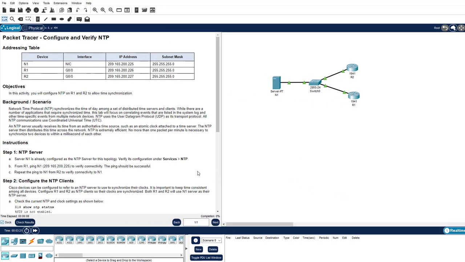In the background or scenario, it tells us Network Time Protocol synchronizes the time of day among a set of distributed time servers and clients. In our network here, we have a time server and two clients, which are router R1 and router R2. While there are a number of applications that require time to be synchronized, this lab is going to focus on correlating events that are listed in the system log and other time-specific events that get calculated from multiple network